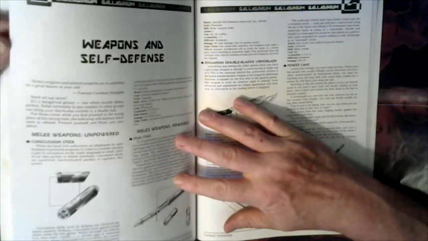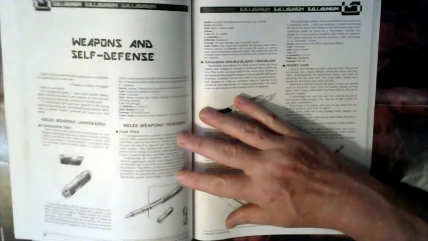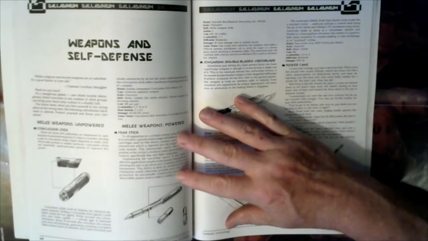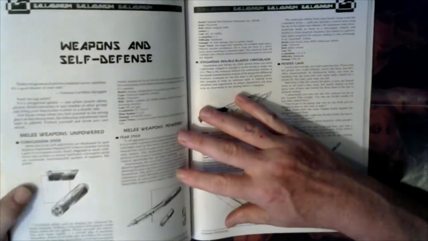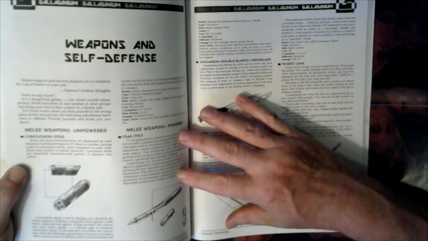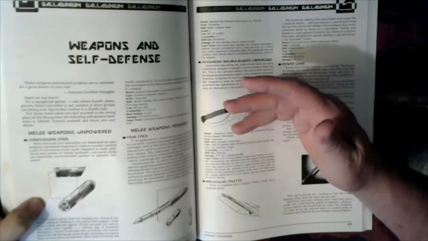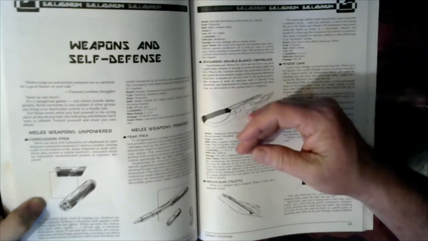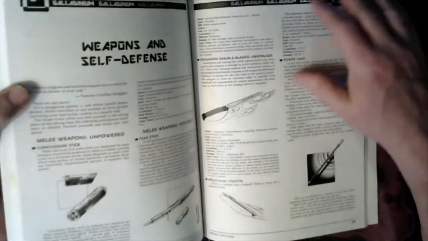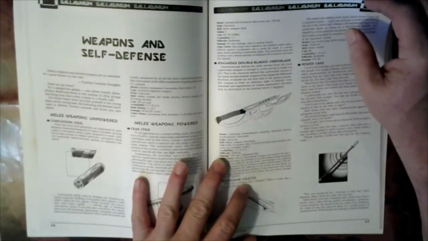We got weapons and self-defense, unpowered concussion. It's a concussion stick. Easily disguised as small cylindrical data probes or similar hardware, concussion sticks are handheld, hand-activated packets of explosive firepower. Basically, two chemicals. It's like super glue. You mix the chemicals at the right moment, and then you touch somebody. It'll light them up. Weapons: fierce stick, power cane, Merkler